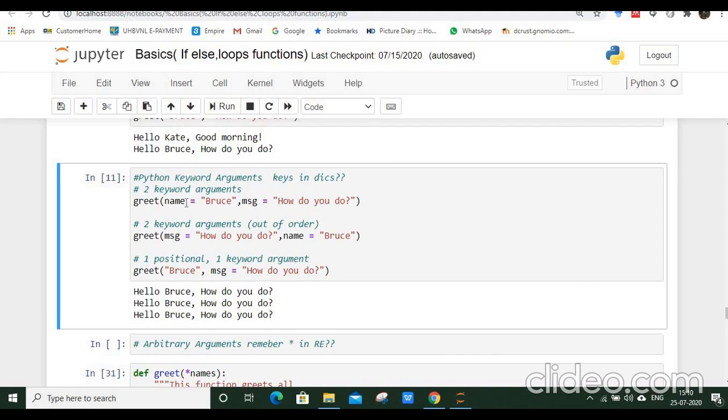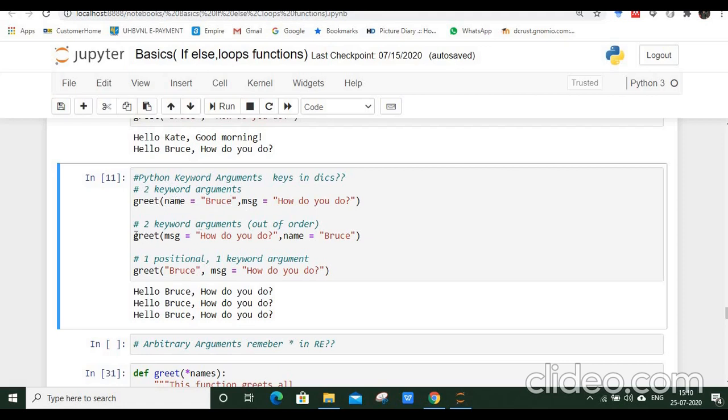See, here with the values I'm also mentioning the names of the parameters. So actually I'm binding the values with the parameters here at the call time only. Similarly, with the value of the message I'm giving the name of the parameter, that is this msg. So when I call this function, it will go to the definition with these values already assigned to the parameters, that are the name and the message.